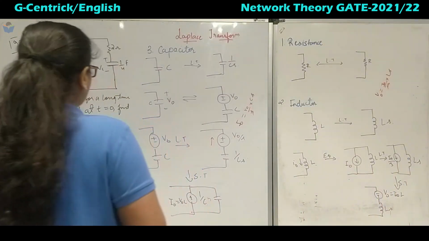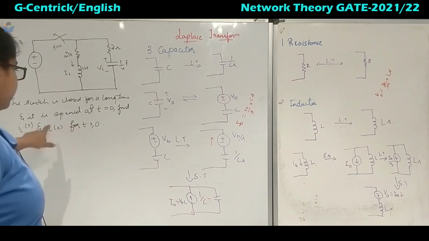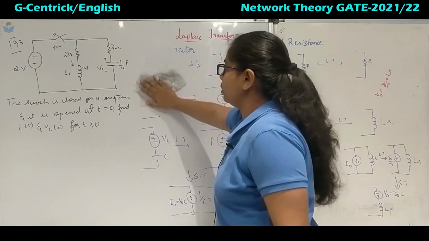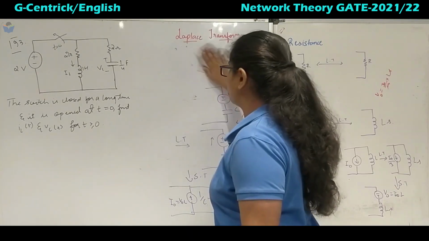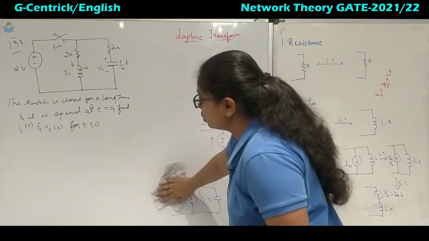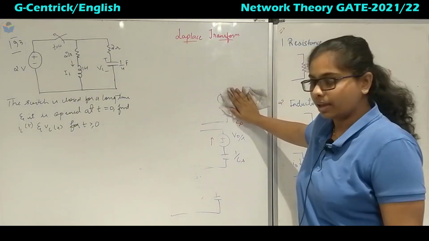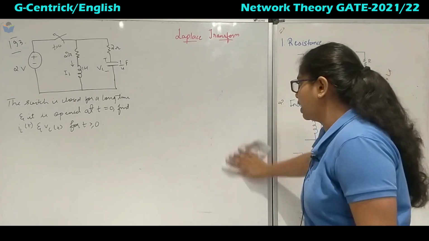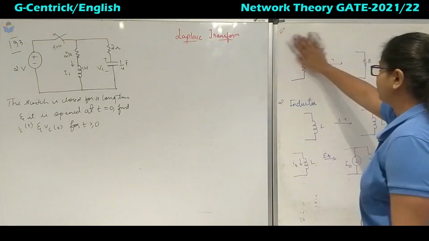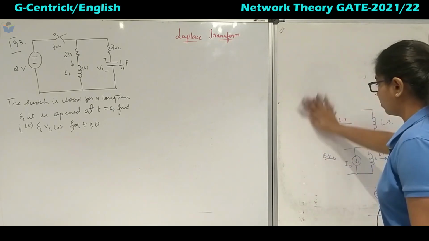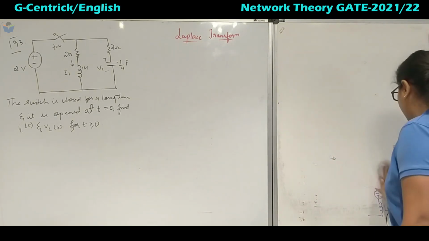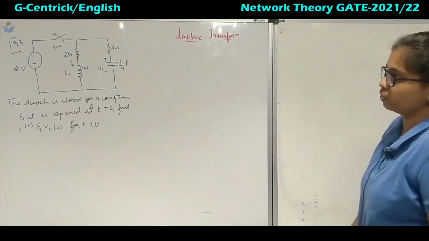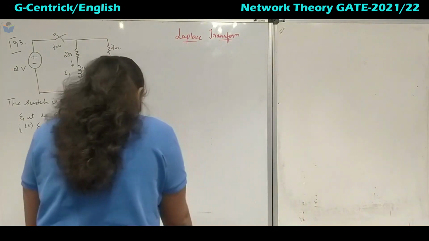Now we will see the question based on this, which is given over here. It says that the switch is closed for a long time. Initially the switch is closed, and at t equal to 0 the switch is opened, and we have to find the generalized equation of IL of t and the voltage across the capacitor. To do that, our step 1 will be the same. We will analyze how it will be at t equal to 0 minus. At t equal to 0 minus, the switch is closed, so both of them are with sources.